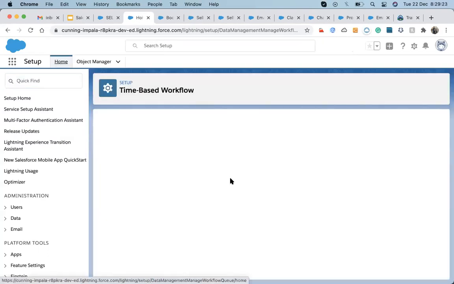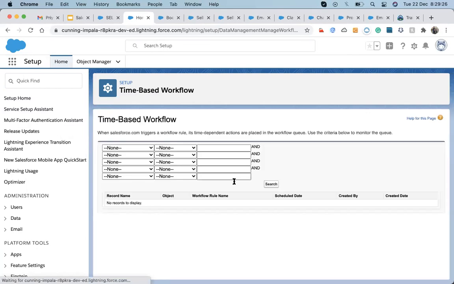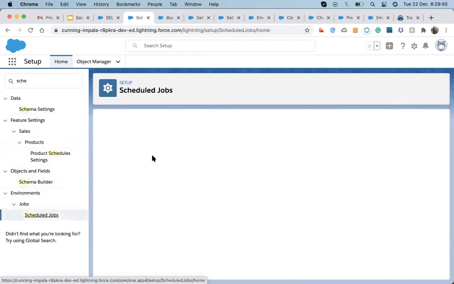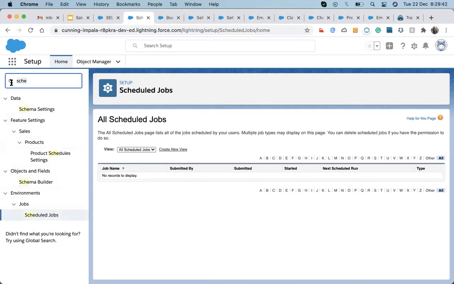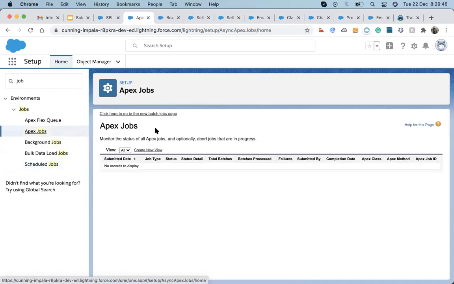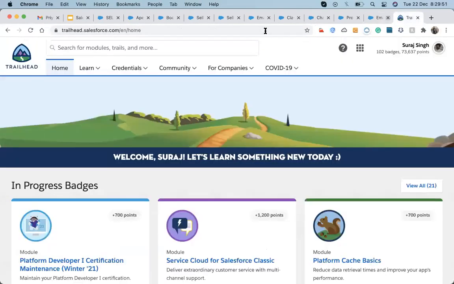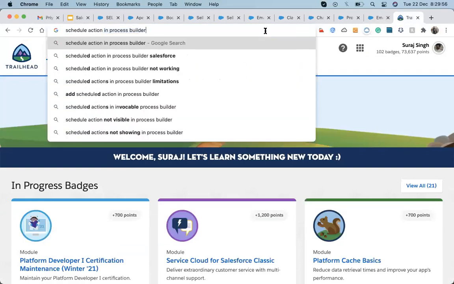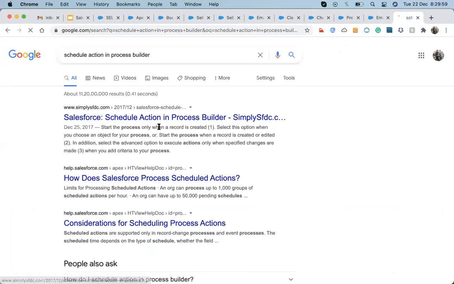It's come up here or there. Workflow. Forget that.